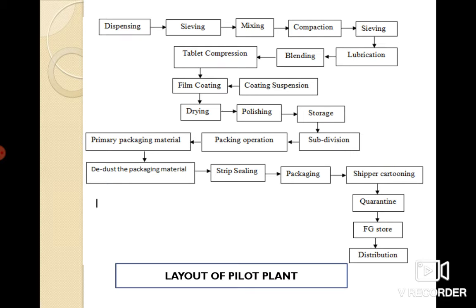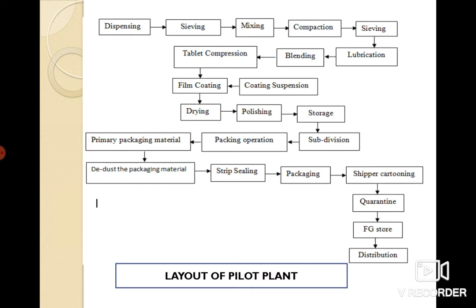After this, there should be an approved raw material section, and after that a department like a dispensary for dispensing all the raw materials. After that, there are the steps of mixing, granulation and drying section. After that, there is an area called the tablet punching section, where the tablets are punched according to the requirement.